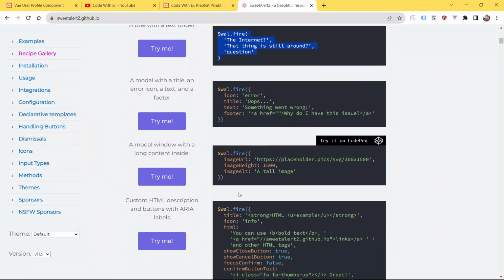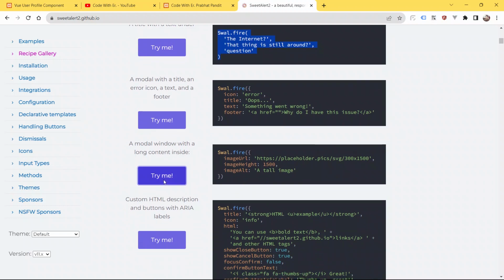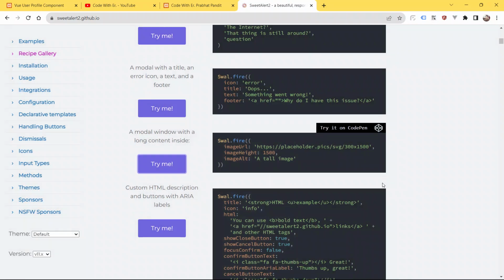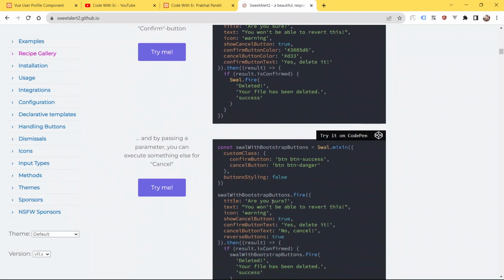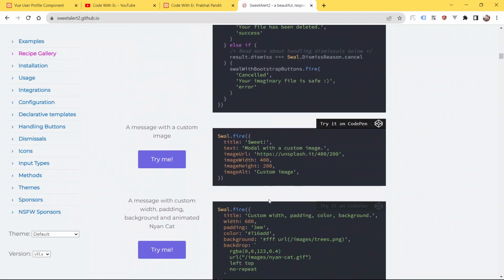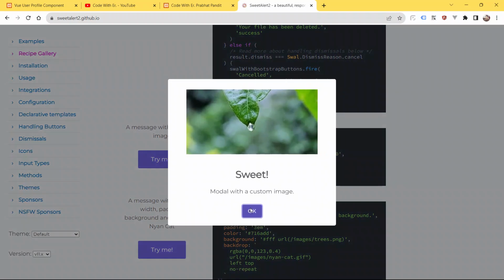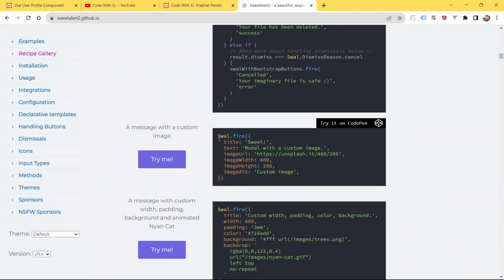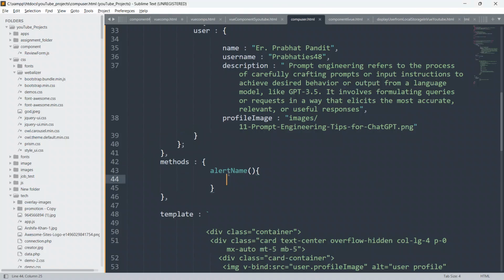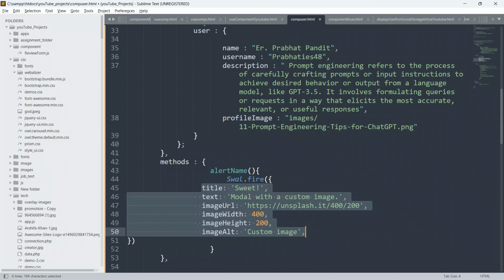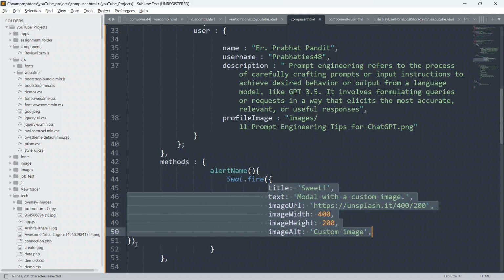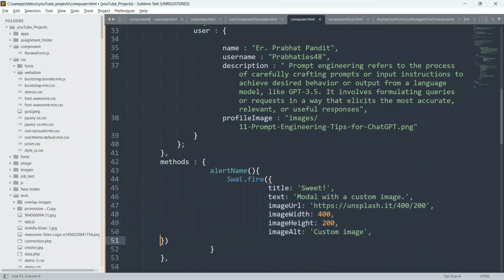Just copy this. We will show the user image also. Paste it inside this and give some space from the left.